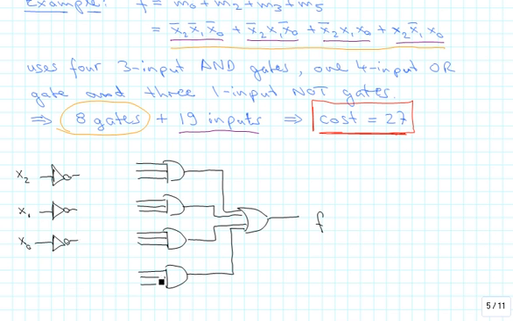So we can count again how many gates. We have 1, 2, 3, 4, 5, 6, 7, 8 gates. And then we can count the inputs: 1, 2, 3, 4, 5, 6, 7, 8, 9, 10, 11, 12, 13, 14, 15, 16, 17, 18, 19. So that is an easy way to find out what the cost is, by just sketching the logic circuit that